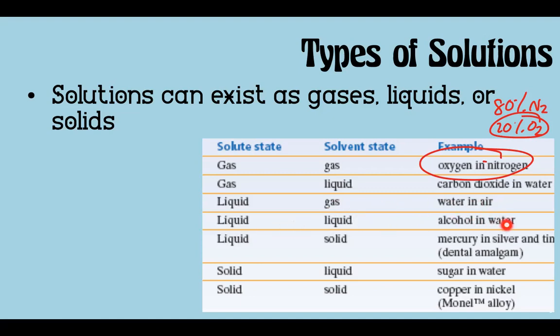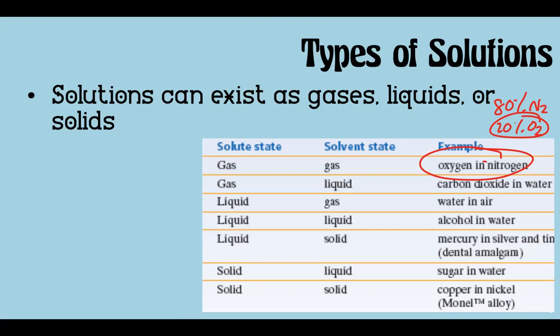Liquid, alcohol in water, any of your alcohols like beer, wine, spirits, those are alcohol dissolved in water. If you have a liquid solute dissolved in a solid, this example is mercury in silver and tin, which they don't use anymore, but they used to use in the dentist's office when they filled cavities. They actually used to use liquid mercury dissolved in silver and tin,